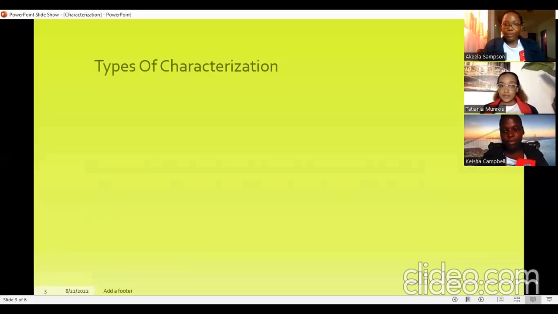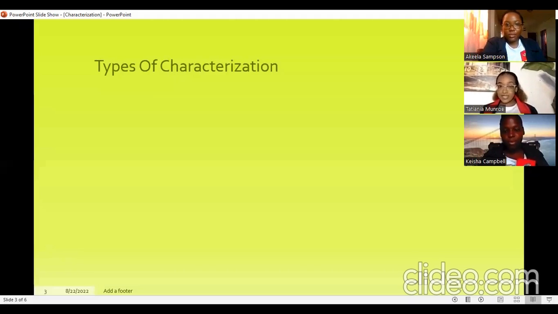Look at Jane. If I tell you that Jane is beautiful, she's a beautiful young girl. She has golden hair and blue eyes, which makes her stand out. Remember our definition of characterization and this little example. Does anyone have any ideas on the type of characterization? Anyone? All right, let me tell you. So this is called direct characterization.